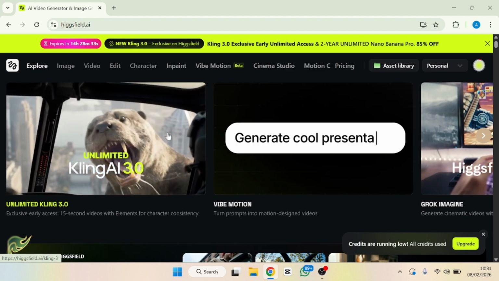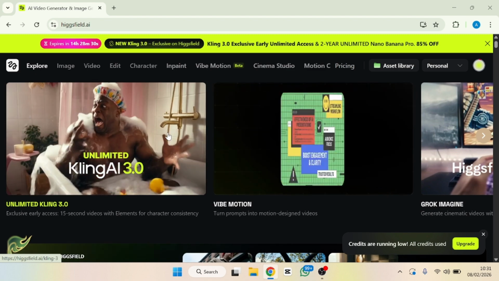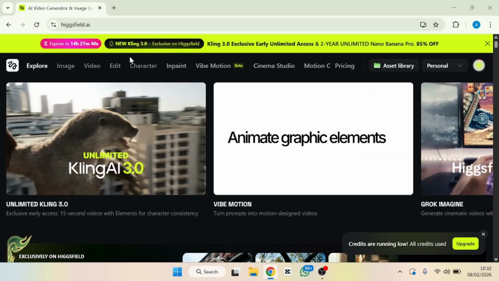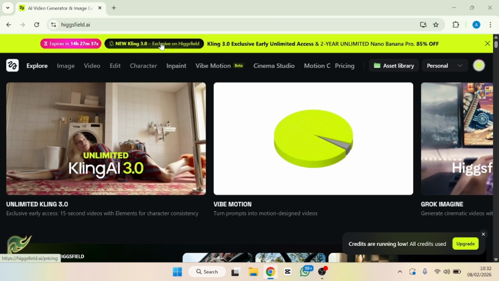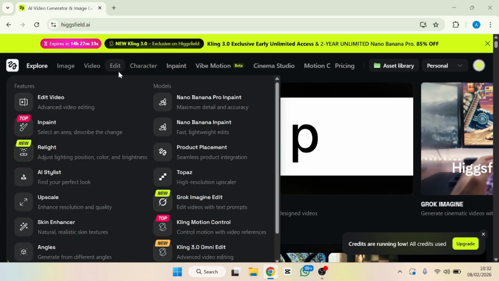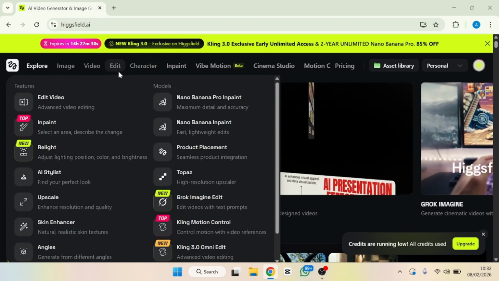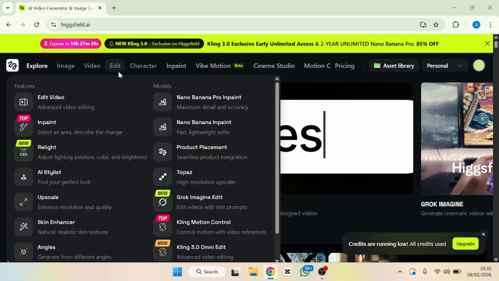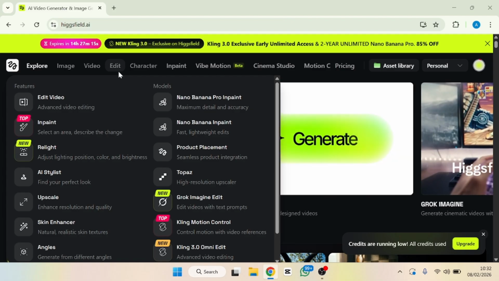One of the new tools that is available on Higgsfield today that is so exciting is this new Kling 3.0. This new Kling 3.0 is so amazing, and one thing I love about it is the motion control. Have you ever seen this type of AI baby dancing video like this? This type of video that you see online is mostly done using Kling AI,